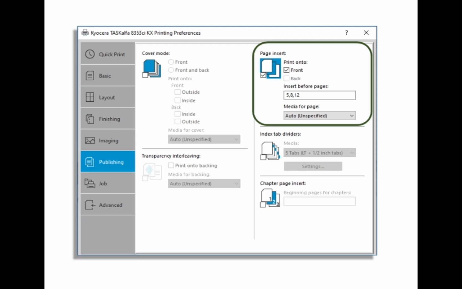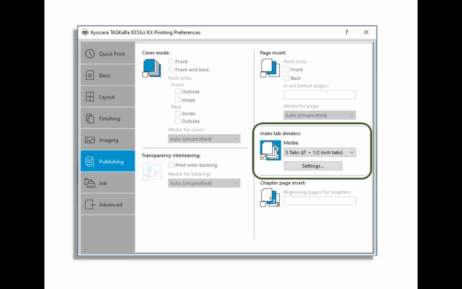The inserted page can also be printed on during the print job, one or both sides. Input the page numbers where pages are to be inserted. Multiple numbers can be entered by putting a comma after each number. You can insert tab divider sheets at specific points in a print job to divide sections of a printed document